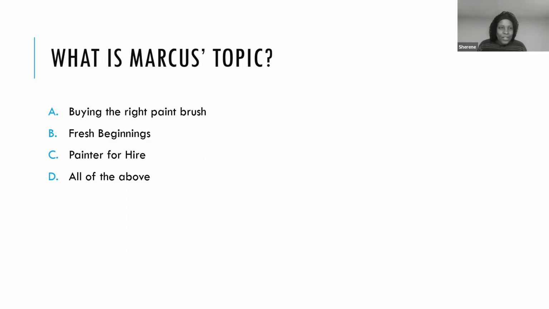Joseph says it could be B or C. Trick question. All right, we have someone saying it's a trick question. You still got to pick one though. Robert says C. Yeah, I'll go with C. All right, we have another C, painter for hire. B and C. When in doubt, always pick C. All right, okay. Who am I missing? Joseph, you unmuted. Go ahead. Oh, you did say B and C. Okay, thank you. All right, let's see what the right answer is.